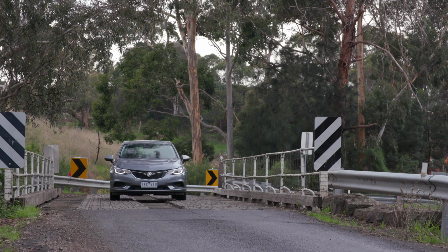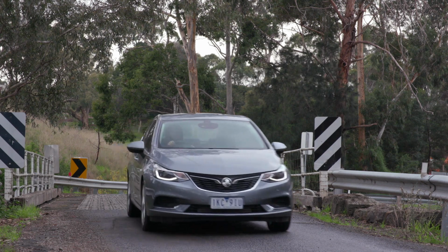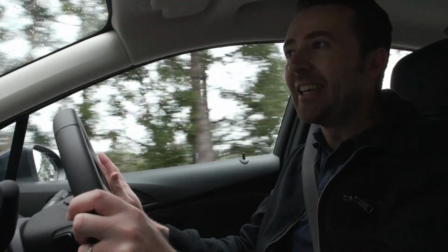Okay, so what do you need to know? Well, there's four different types of Astra sedan. You've got the base spec LS, then you've got the LS Plus, which is kind of a half a grade above, then you've got the LT, and then you've got the LTZ, top of the range. You should know that AEB, autonomous emergency braking, isn't available on any of the cars, and the reason behind that is because it wasn't necessary for the US Chevy Cruze,